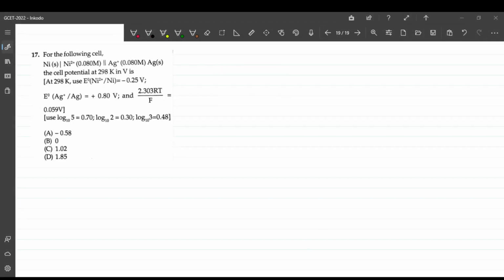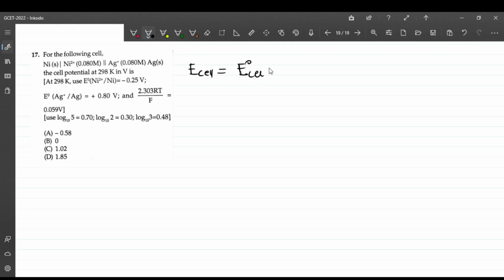Question number 17. This question is based on electrochemistry. The cell representation is given, and the cell potential we have to find. So how will we find the cell potential? It is E cell, using the Nernst equation. E cell is equal to